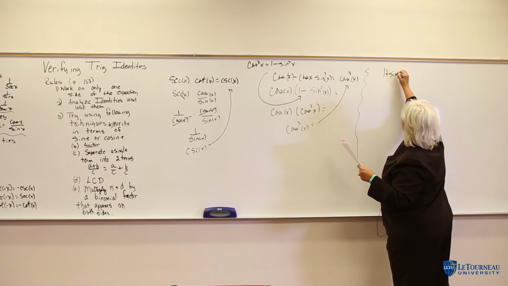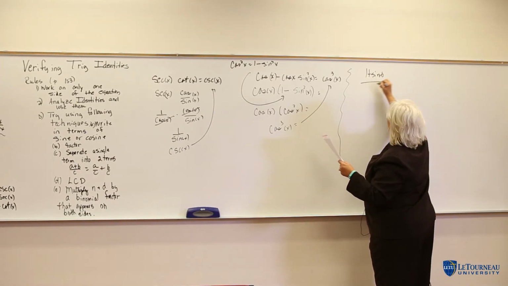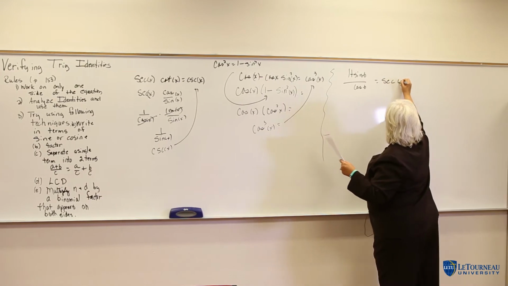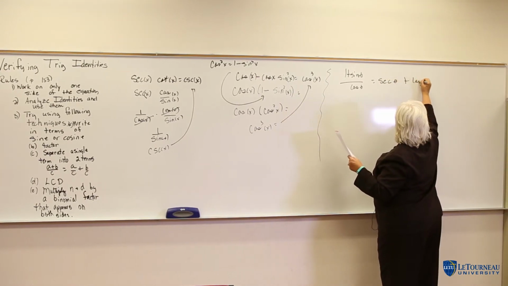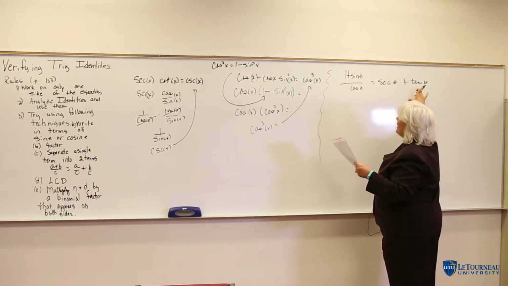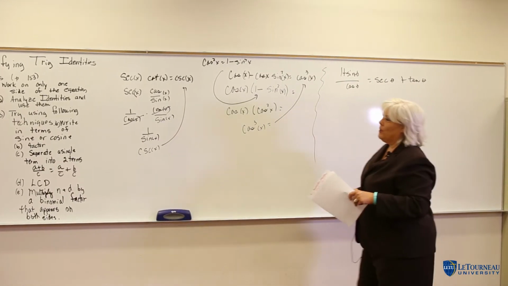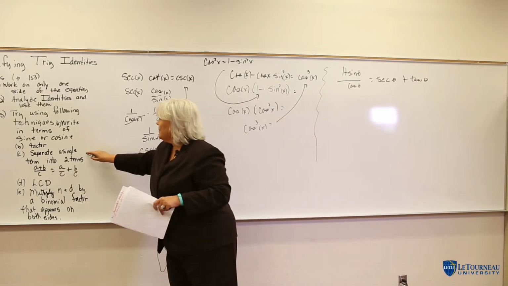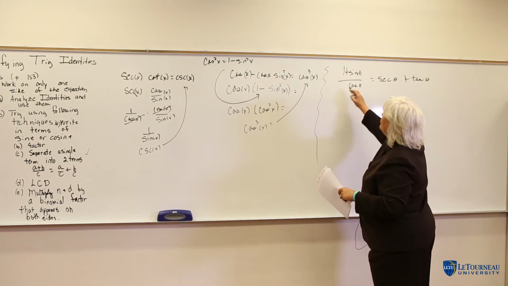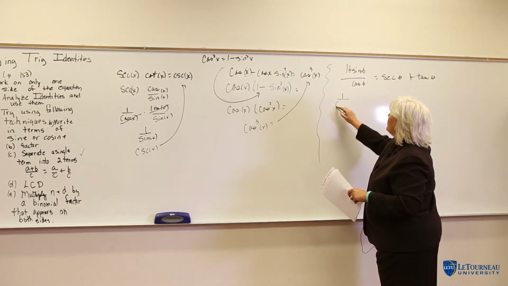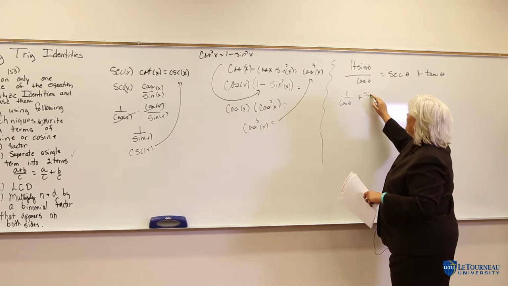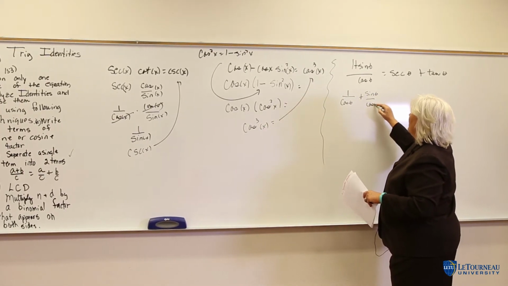One plus sine theta over cosine theta is equal to secant theta plus tan theta. I'm trying to make this side look like that side. So, separating a single term into two terms is the strategy I'm going to use here. I'm going to make this 1 over cosine theta plus sine theta over cosine theta,